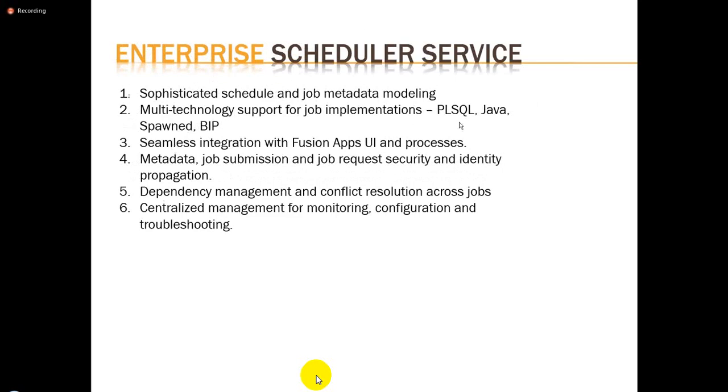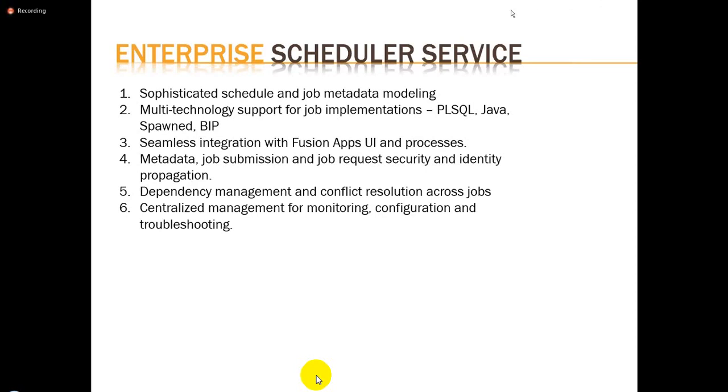So Enterprise Scheduler Service is basically a job scheduling tool which is used in the Fusion application, and which offers sophisticated scheduling and job metadata modeling. With job metadata modeling, we can create a job definition, and define what kind of job we are planning to have in our system, to submit it or to schedule it, to run it from the backend.